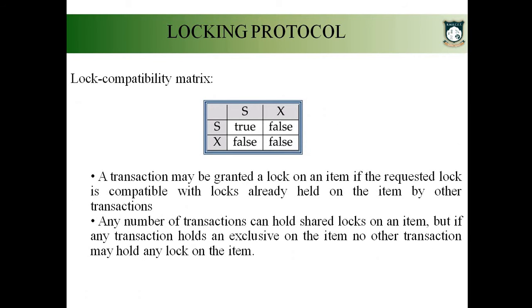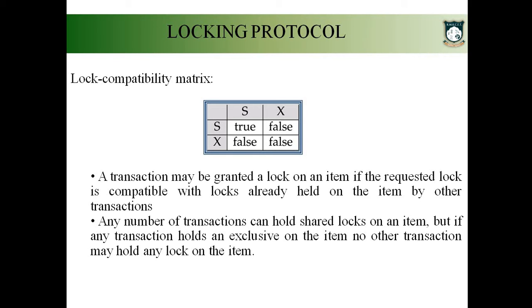So how is the level of concurrency improved? See, if a transaction has locked a data item in shared mode, what does it mean? It means that the transaction is just going to read it. If a transaction is just reading a data item, obviously it can allow other transactions to read it also. So that's the purpose of shared mode. When a data item is locked in shared mode, another transaction can also lock that data item in shared mode. So those modes are what we refer to as compatible modes.